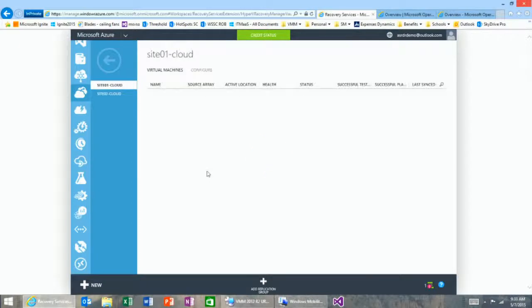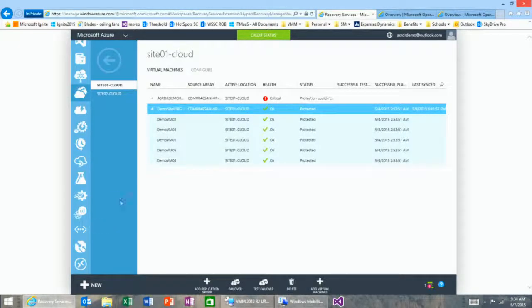So if I click into Cloud 1, this is my primary site. I've already got a set of VMs that are protected with ASR. In this particular instance, these VMs are deployed on the SAN, and I'm using SAN replication between two sites to actually protect the virtual machines. So if I flip back into Virtual Machine Manager,